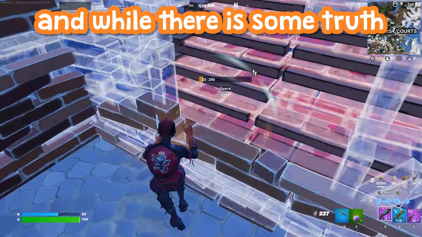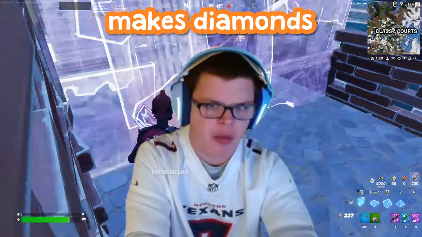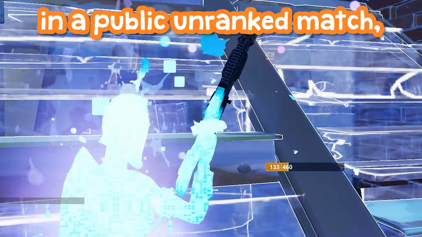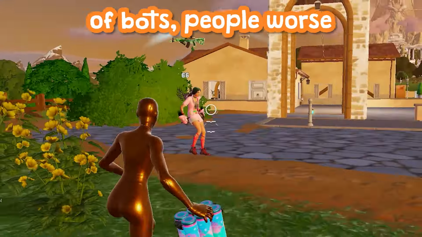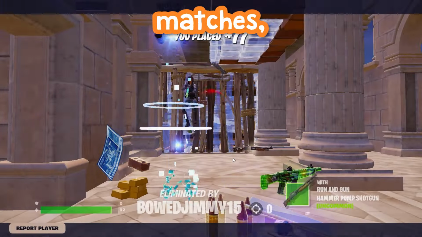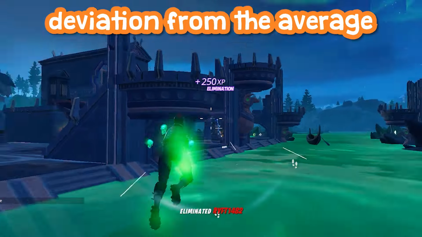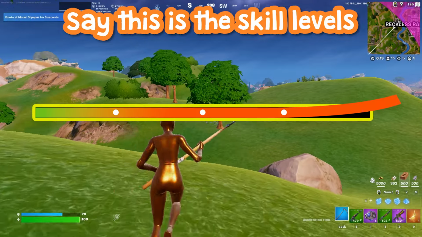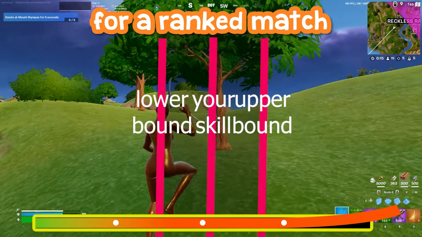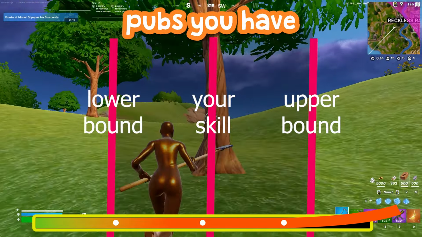And while there is some truth to the idea that pressure makes diamonds, shout out Sketch, why would you choose to do that when you have another option? In a public unranked match, you are placed in a lobby of bots, people worse than you and people better than you. But in public matches, the standard deviation from the average is bigger than in ranked. Say this is the skill levels in your lobby for a public match, and this is the skill level for a ranked match. Pubs, you have lower hanging fruits to pick from and practice on,